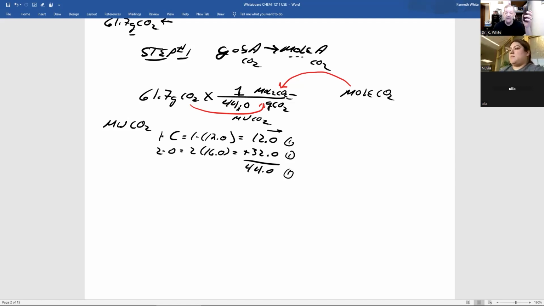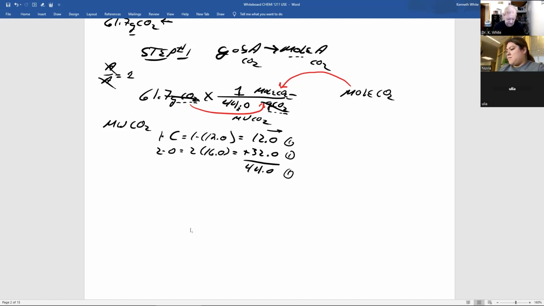And now, before I pick this up, I shouldn't have picked it up, bad Dr. White, you check your units cancel out. Notice grams of CO2 divided by grams of CO2. Anything divided by itself equals number 1, cancels out. So these units are gone. I'm left with moles of CO2. Now I'll pick up my calculator,